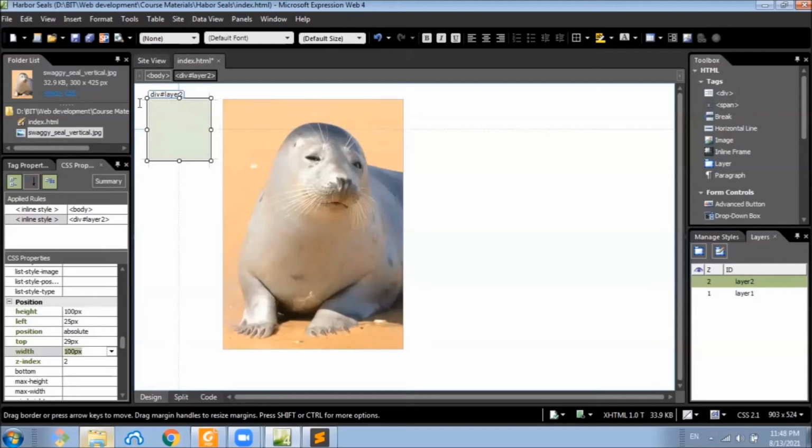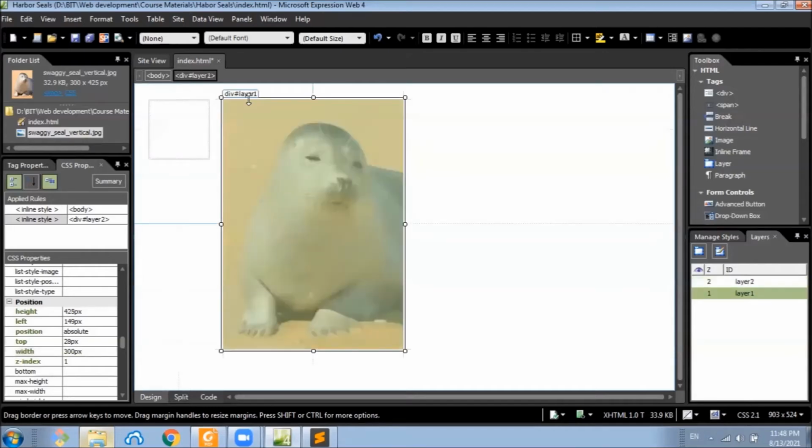Then 25, 100. If we have another 25 here, the left property of this layer should be 150. So let's put this 150 pixels.